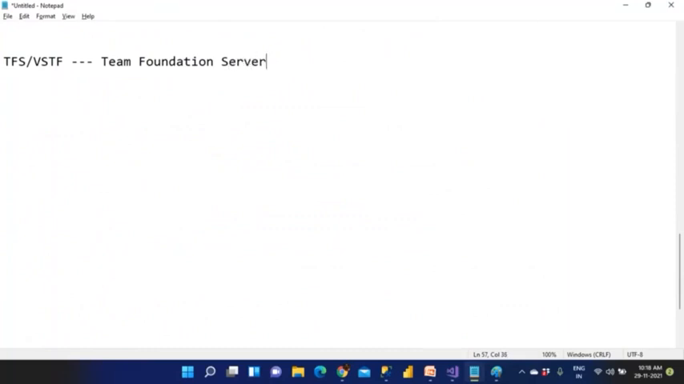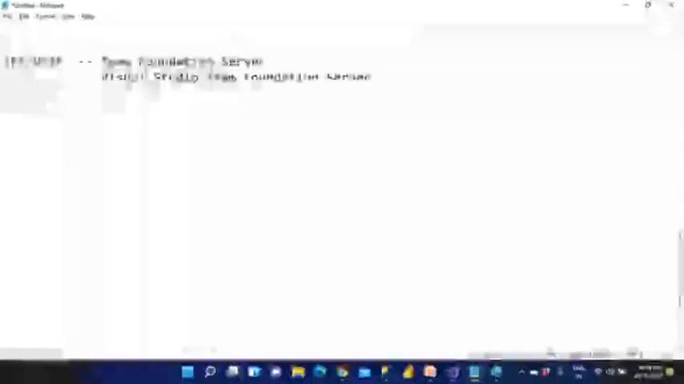What server? Team Foundation Server. Or people will be saying it is Visual Studio, VSTF, which means Visual Studio Team Foundation Server. Okay. So people will be calling it a TFS server or Visual Studio Team Foundation Server, where all the code